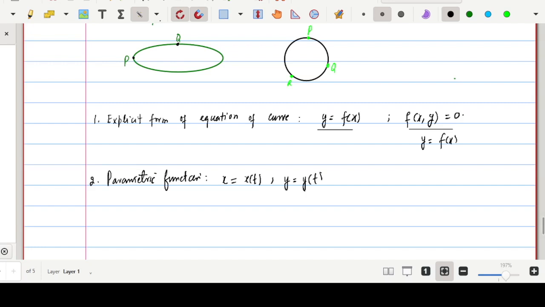So that means we actually introduce a third new variable, that is t, जिसको हम पैरामीटर कहते हैं. तो हम गिवन कर्व को इस तरह से भी रिप्रेजेंट कर सकते हैं. And the third one is polar form. तो हम एक गिवन कर्व को पोलर फॉर्म में भी रिप्रेजेंट कर सकते हैं, जिसकी रिप्रेजेंटेशन यूजुअली इस तरह से